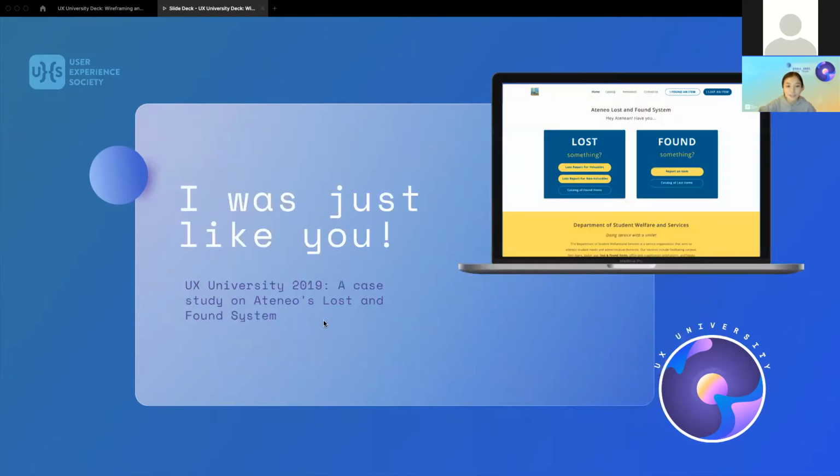So yes, I was just like you guys. I was also a participant for this case competition a few years back. And my case study was on Ateneo's lost and found system. So this was my final product. A lot to be improved on pa, but I just also wanted to highlight how I went through the entire design process. So basically, from research to my framing to finally doing the mock-ups and the prototypes up until